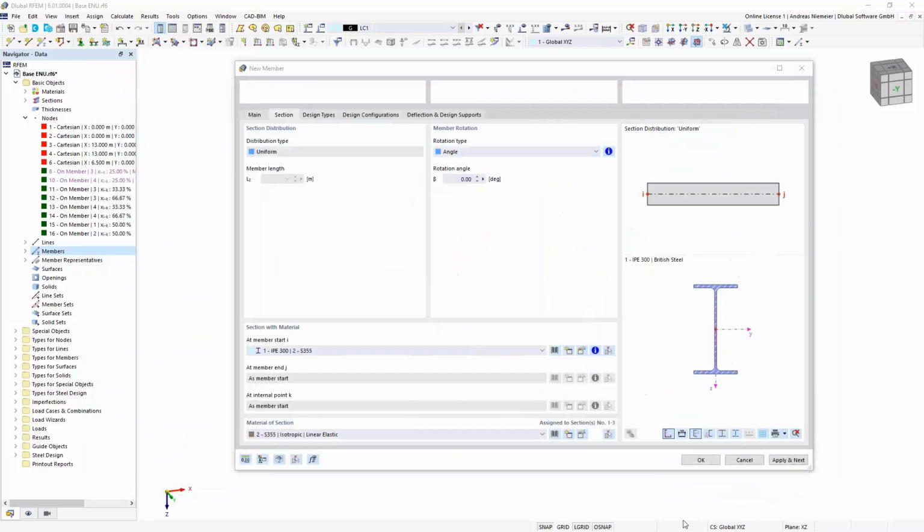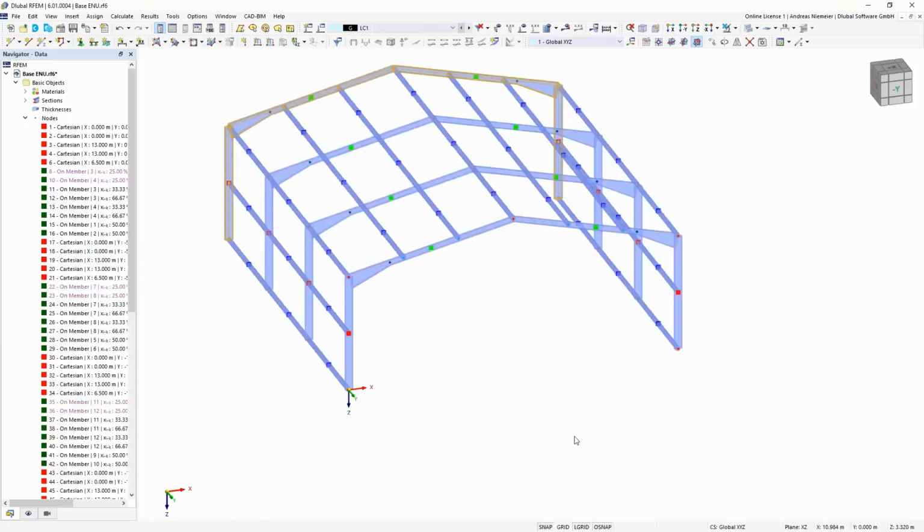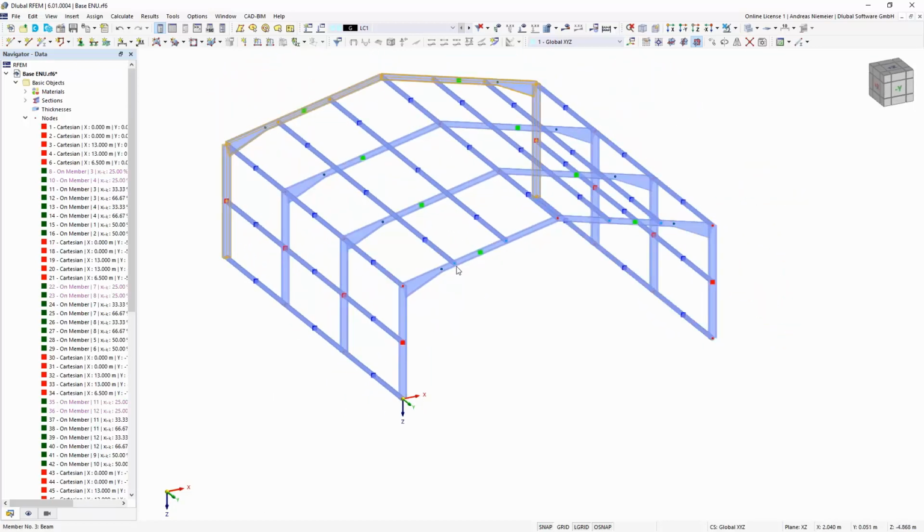So, after confirmation, the program now knows a template for the copy step, and if we confirm this, the program creates the copy of 3 frames plus linked members in between for all nodes that we selected.